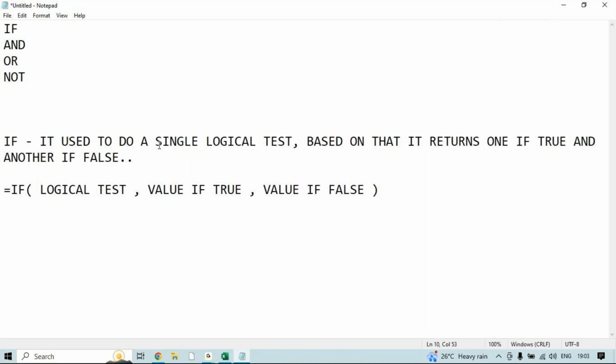Now for example, if the logical test is 5 plus 6 equal to 11, I'm giving Excel a condition saying 5 plus 6 is 11. So Excel has to check whether it is true or false. After checking, if it is true, it has to return me as good, and if it is false, it has to return me as